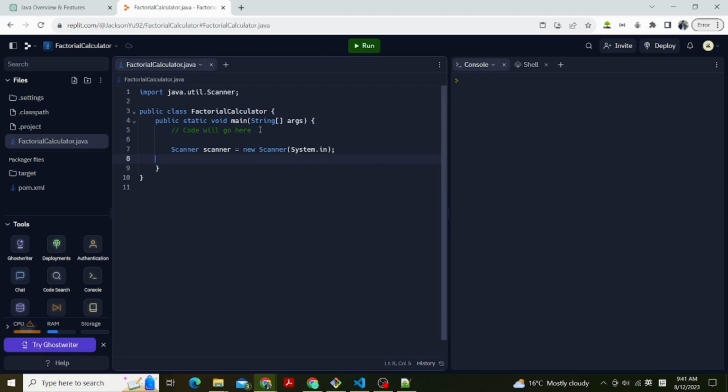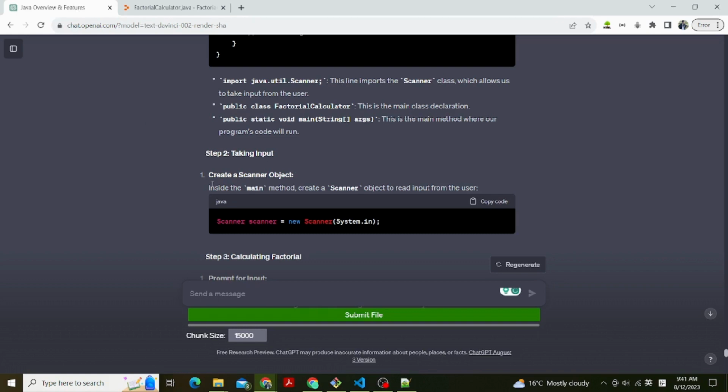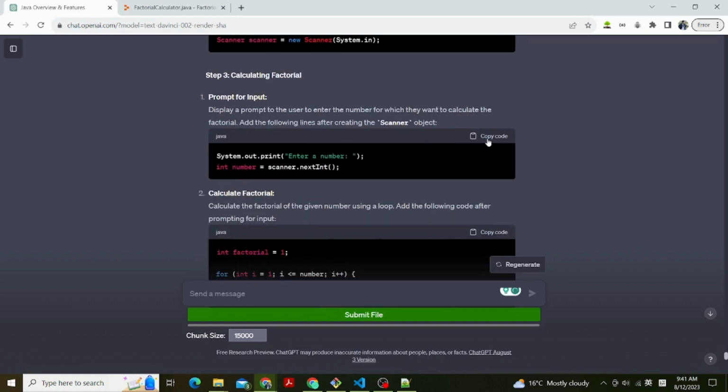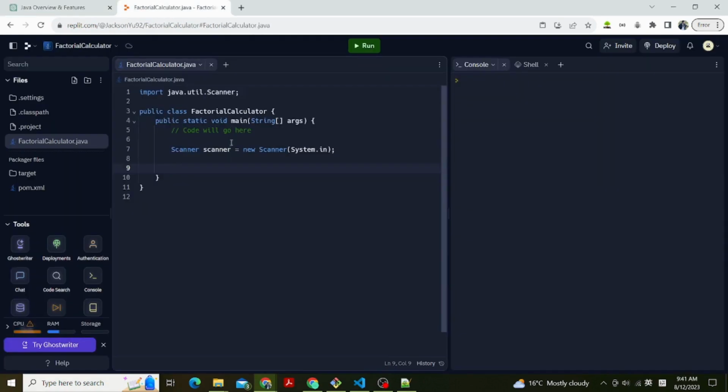Step 3, calculating factorial. First, prompt for input. Display a prompt to the user to enter the number for which they want to calculate the factorial. Add the following lines after creating the Scanner object. System.out.print("Enter a number: "); int number = scanner.nextInt();